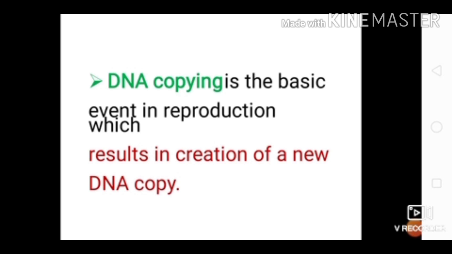Now in this process, what happens actually? We have studied in our 9th standard also, DNA copying is the basic event in reproduction. So what is DNA copying? One DNA is going to copy and form another DNA, which is going to the offspring. But can a DNA alone survive which has been copied? No. So for that, its material also will be copied, and in that event the whole system will work. The DNA we know, deoxyribonucleic acid.